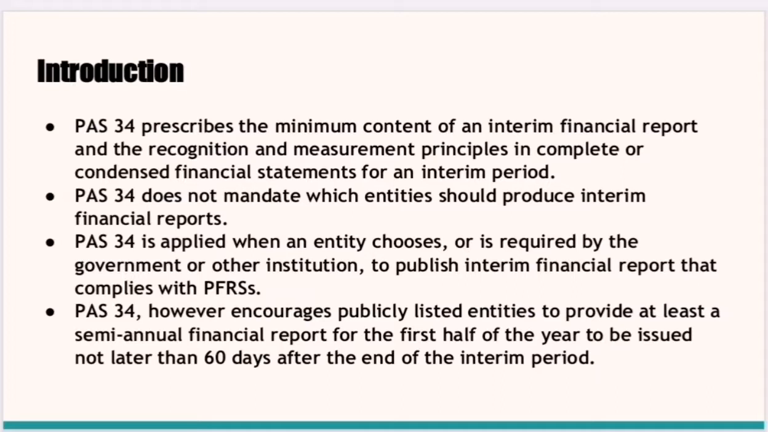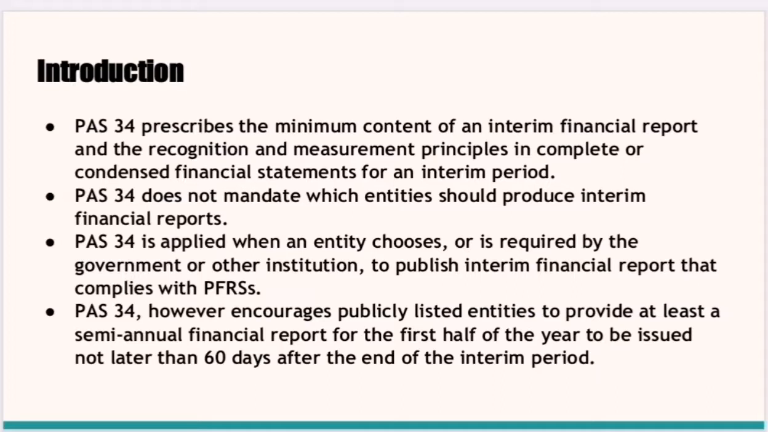complete or condensed financial statements for an interim period. So the minimum content consists of a set of condensed financial statements for the current period and comparative prior period information, such as statement of financial position, statement of comprehensive income, statement of cash flows, statement of changes in equity, and selected explanatory notes. The second statement is that PAS 34 does not mandate which entities should produce interim financial